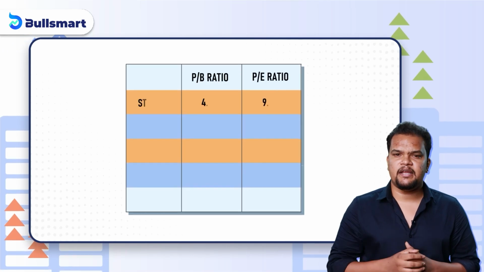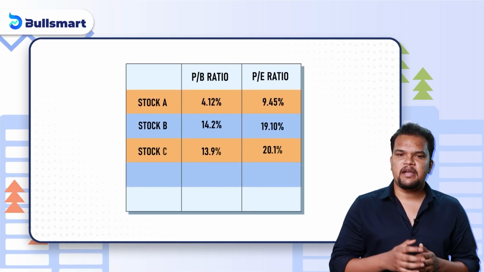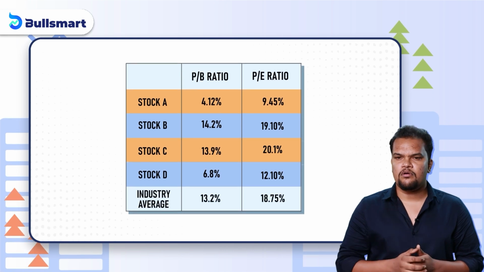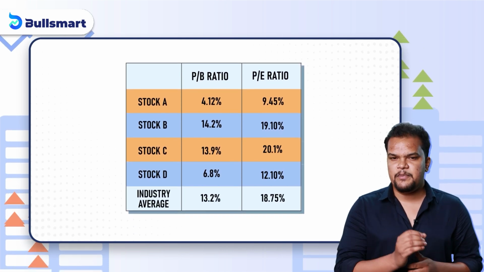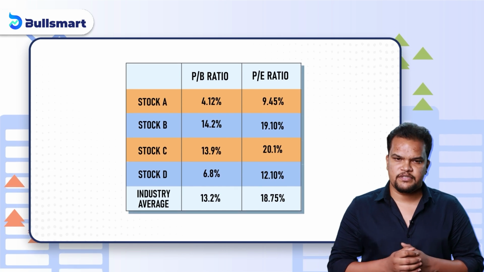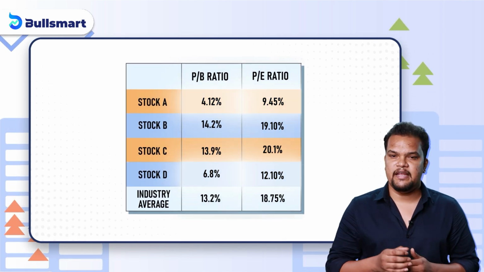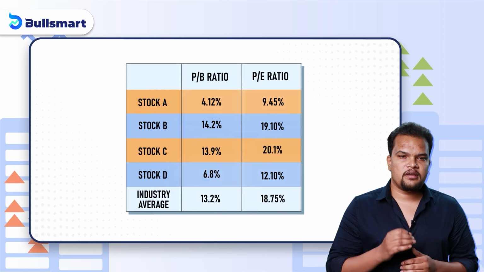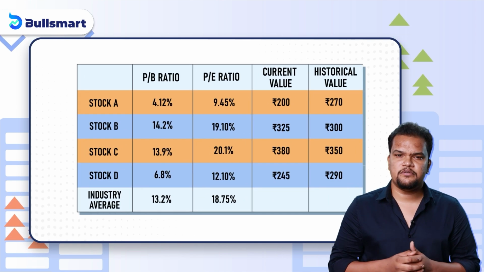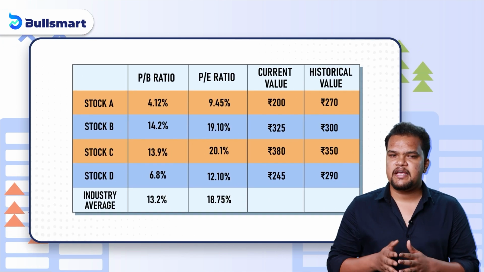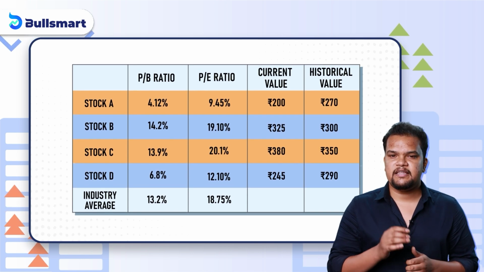In our previous video's fundamental analysis, we have understood how to compare valuation of stock. You can check the PB and PE ratio of the stock and compare it with the PB ratio and PE ratio of the industry average. If the PB ratio and PE ratio of the stock are lower than that of the industry average, the stock can be undervalued. These two ratios also need to be compared with their historical value to check whether they are currently undervalued or not.